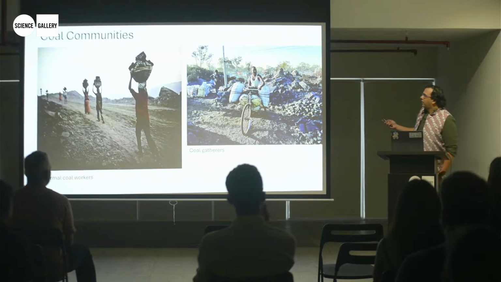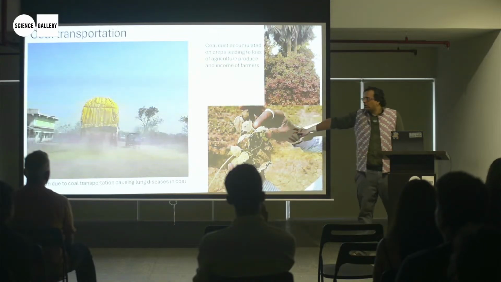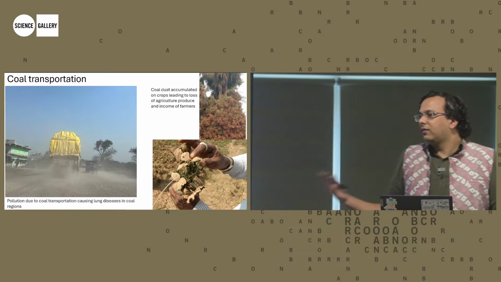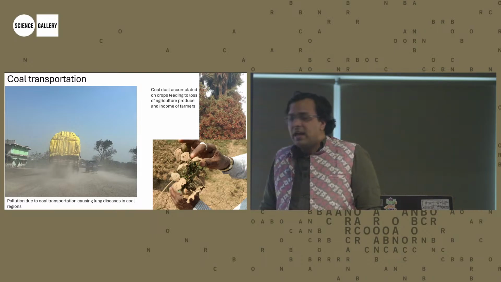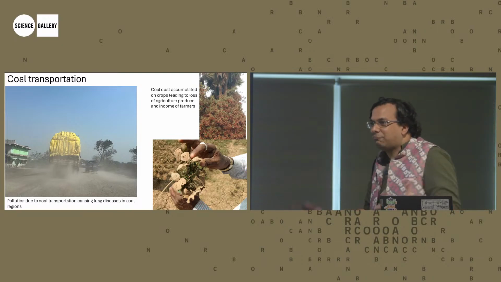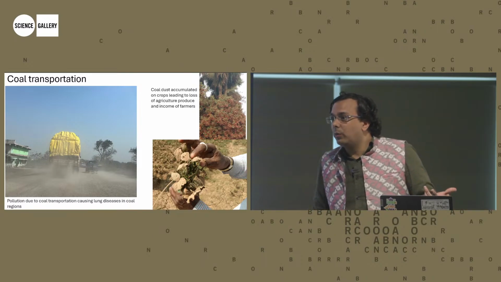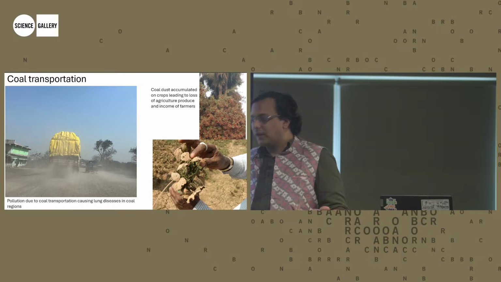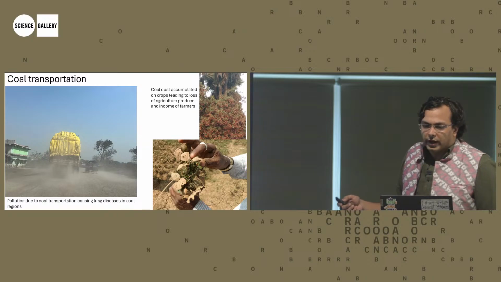And then obviously, there are massive problems related to it as well, right? Coal dust affects agriculture very badly, and there are all the transportation dust-related problems, right? In most coal mining areas, air pollution is horrible, and incidences of lung diseases and lung cancers are much higher. And so this is an industry which has massive externalities, massive problems, and yet is the lifeblood of the Indian power system, right? Naturally, a fairly big tension. You can't snap your fingers and wish it away. At the same time, you need it to go away in the next 20, 30 years if you want to address climate change in any reasonable way, right? So I'm not offering any solutions at this moment, but just setting up what the problem looks like.